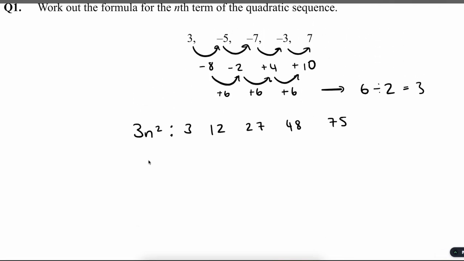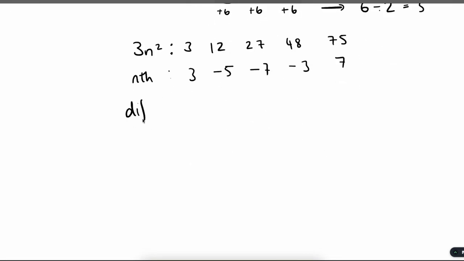Now we need to look at the difference between this and the nth term. So actually first we need the nth term here. So the nth term is 3, minus 5, minus 7, minus 3 and 7. So if we find the difference, we do the bottom subtract the top, because we're going to subtract this from this to get what's left over. We end up with 3 minus 3 is 0, minus 5 minus 12 is minus 17, minus 7 minus 27 is minus 34, minus 3 minus 48 is minus 51, plus 7 minus 75 is minus 68,